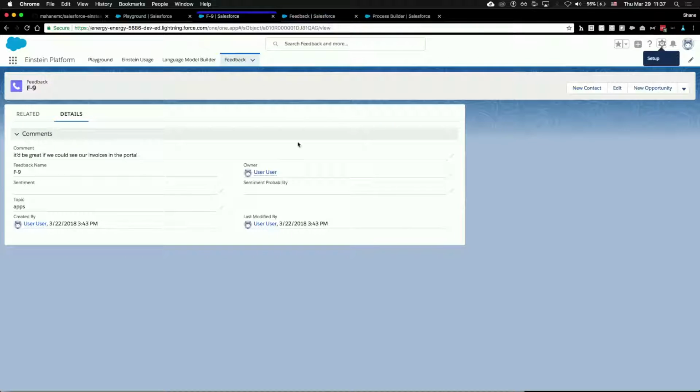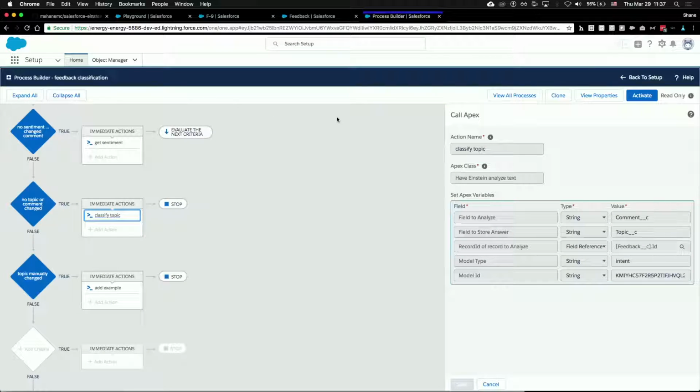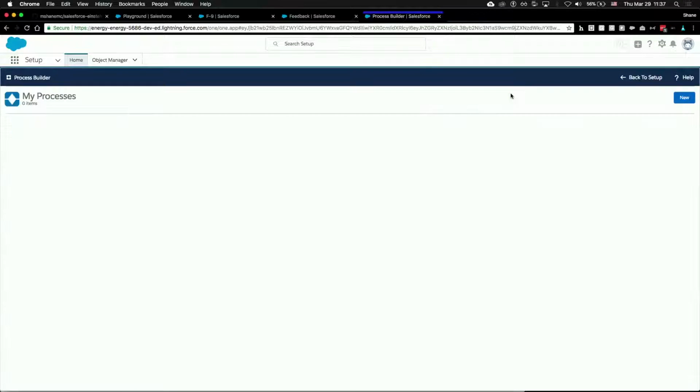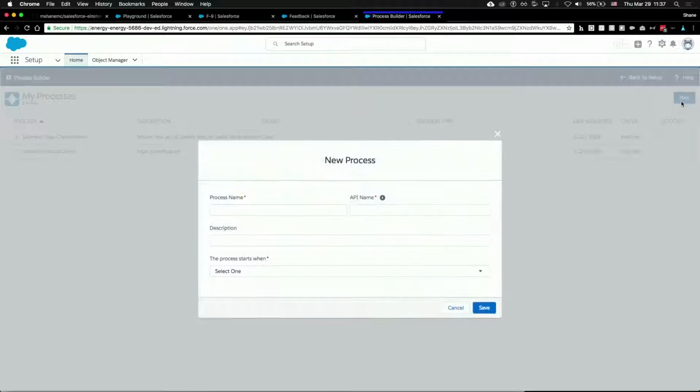And so what we have here, you can see I've got the sentiment and then the sentiment probability. So you can optionally track the probability that comes back, because it's positive, but there's a difference between 95% positive and 51% positive, right? And so I'll show you what this looks like in Process Builder. And I'm gonna start a new Process Builder for you. So the idea here is that these are all Apex wrappers, and they have invocable classes on them, so your admins can use them in Process Builder.